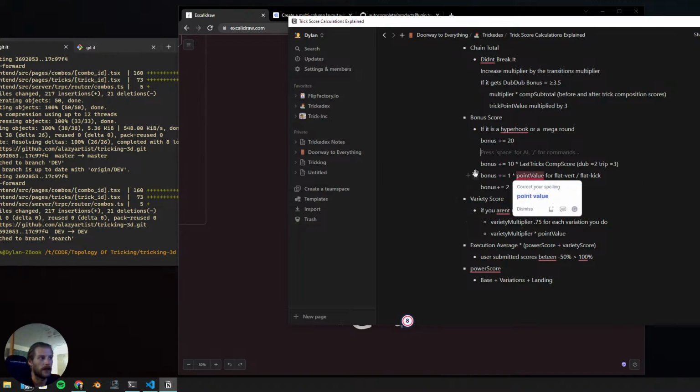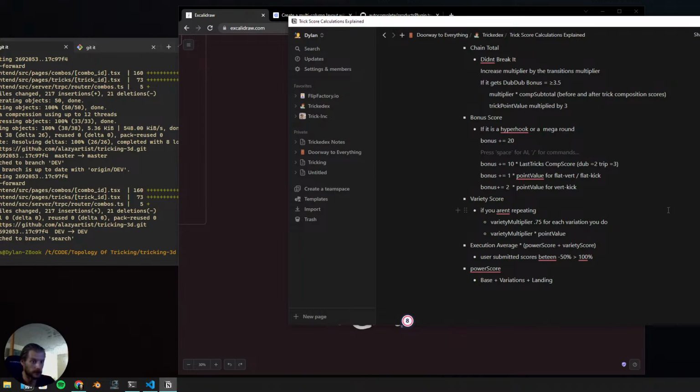You also get a small increment on your bonus score for switching between flat to vert, and even more so from vert to kick. So if you just do purely kicks, you're not going to get that. If you just do purely verts or inverts, you're not going to do that. But having some kicks and some flat spin and some inverts is going to balance out the